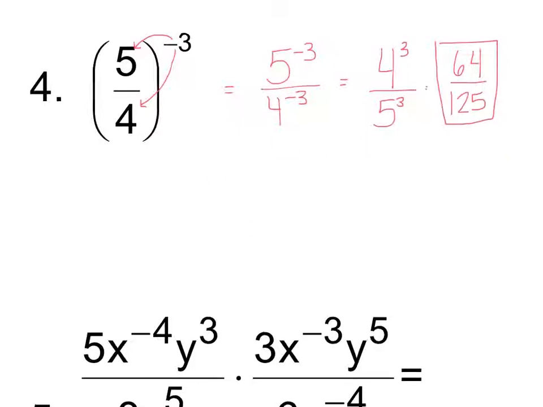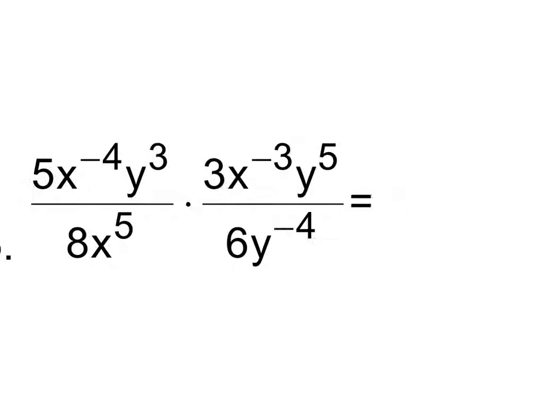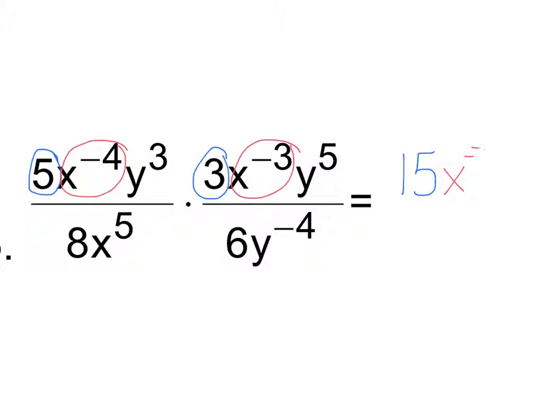All right. Example number 5 actually has some variables in it, which is good. Let's see, what should we do? I'm going to just look at the numerator first. Okay, so what is 5 times 3? That's 15. Okay, and then put our x's together, so that'll be x, add the exponents to the negative 7. Now put your y's together. That's y to the positive 8